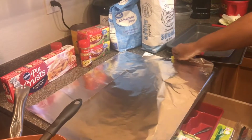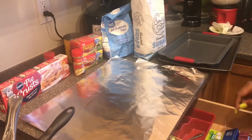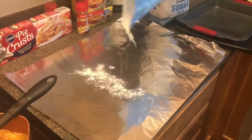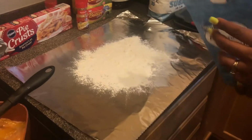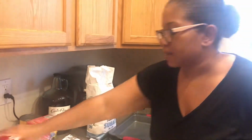Cover the counter. And then you want to take some all-purpose flour. It does not have to be anything special, just whatever kind of flour that you want to use in your recipe. And this is where you're going to be thickening it. That's why I'm putting a little bit more than what I would typically need. You see how much I'm kind of using? So we're going to say that's about a half a cup of flour that I just poured onto that surface. And then I will just pop open